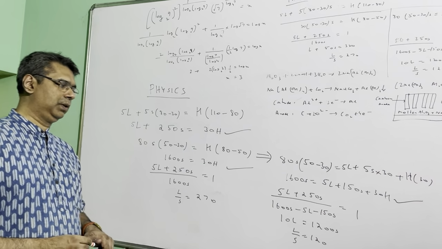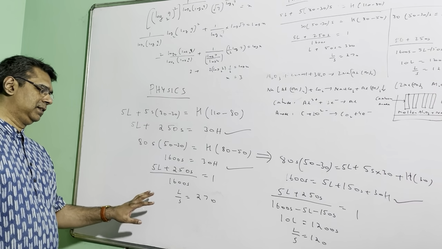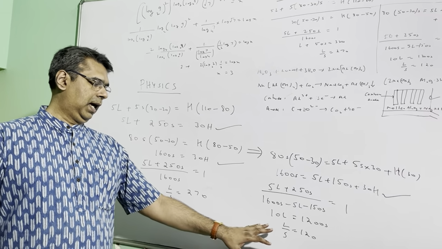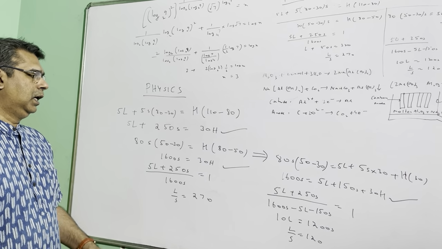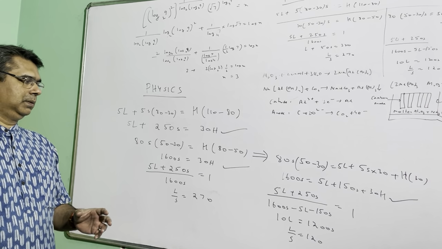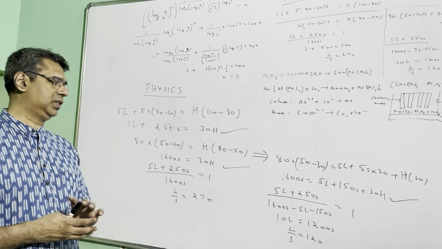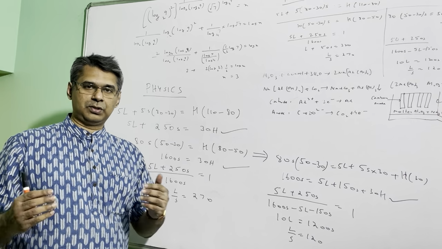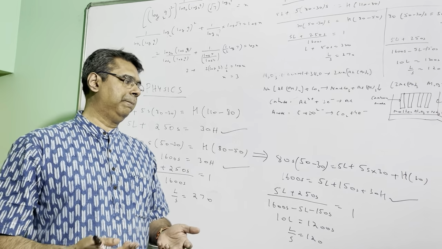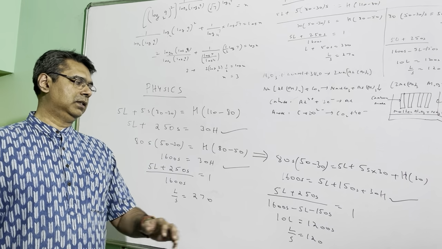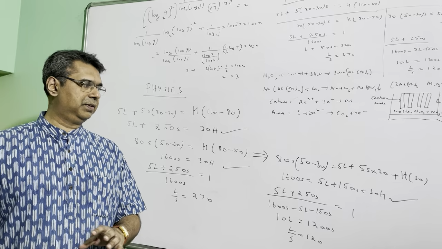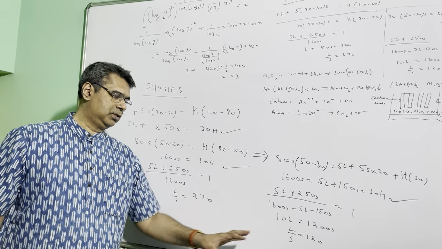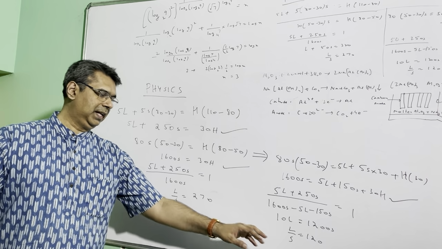So a very interesting question where there are two possible answers. The ratio of the latent heat to specific heat being 270 is one answer, and the ratio being 120 is another possible answer. Both answers are admissible because it is not clearly mentioned in the question whether the calorimeter is closed. If it is open, this is the answer, but if it is closed, then you are not allowing the vapor to escape. So in the second situation, the vapor will also participate in the transaction of heat, and therefore you will have to add this extra term. So the answer in the second case will be this. There are two possible answers in this sum, 270 and 120.